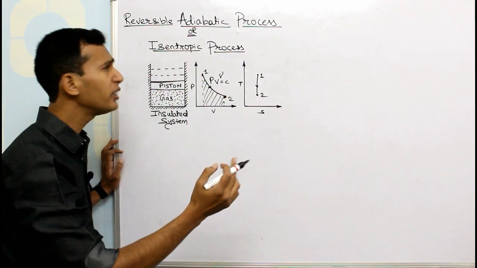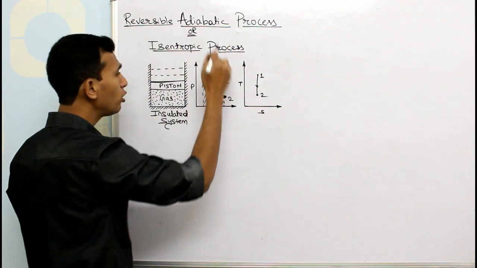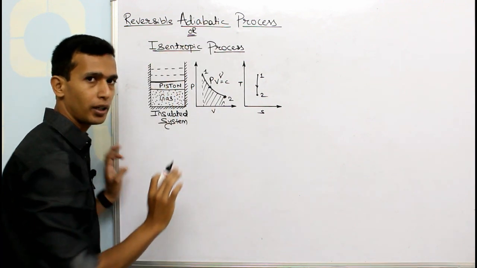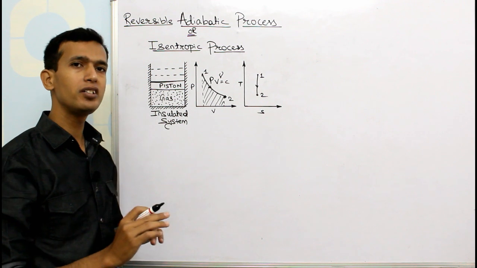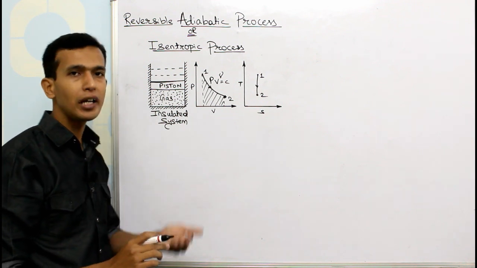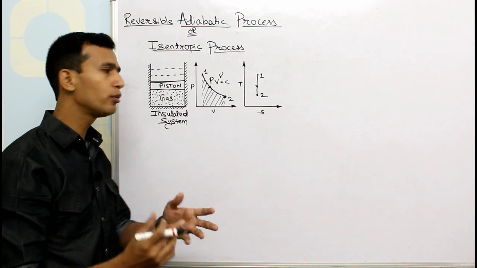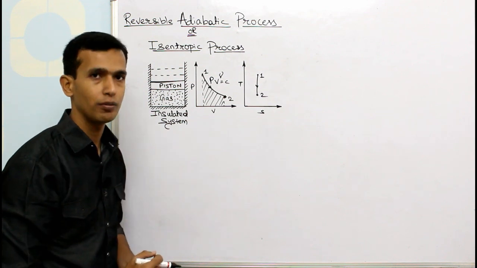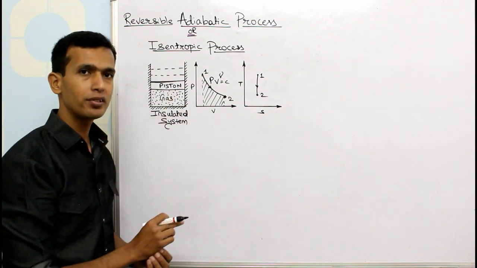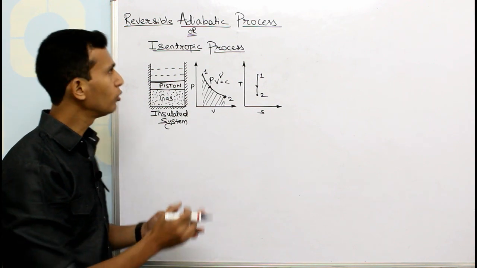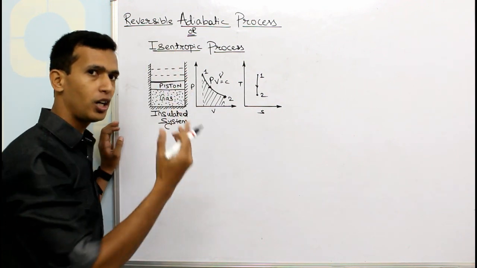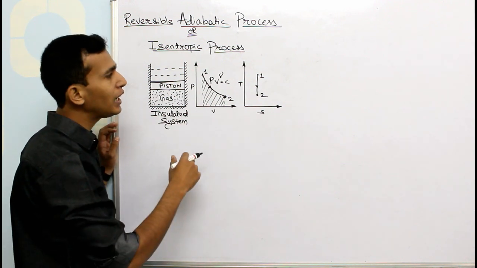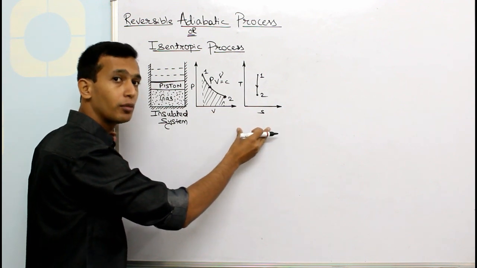But why am I saying that a reversible adiabatic process should be called isentropic, but not every adiabatic process is isentropic? Entropy depends on two things: the amount of heat, whether added or removed, according to which the entropy changes, and one more thing, called entropy generation. For a reversible process, entropy generation is 0, so there is no change in entropy because of generation. At the same time, we are not adding any amount of heat to the system,